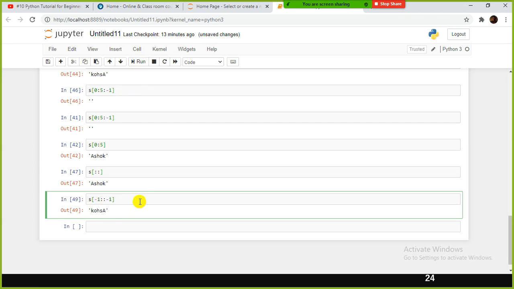It will give Ashok reversed. We are not mentioning anything, so it starts from right to left and prints right to left. We started from the right, and from the right to left we are reading it. Here we did not specify anything, so it goes till the left end with -1, and prints one after another.